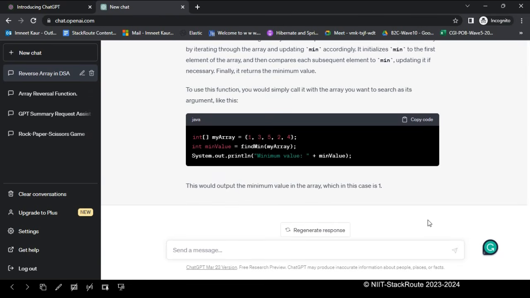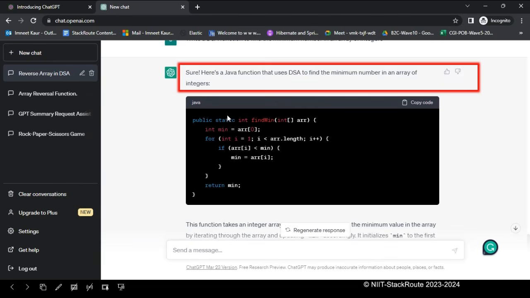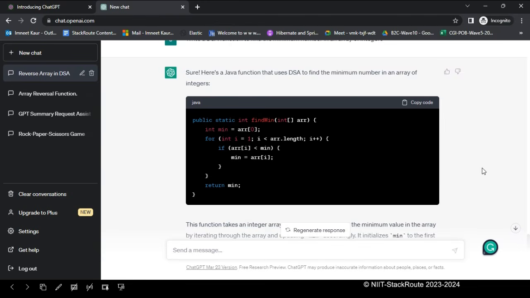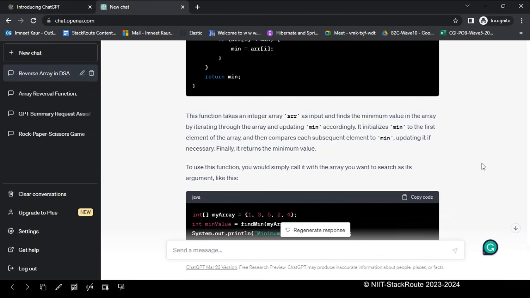So again, if you are happy with this code, you can just go through it. It has given us a Java function that uses DSA to find the minimum number in an array of integers. You can just copy this code and write a main method yourself, or you can ask ChatGPT to do it for you. Below this code you will find the explanation for it,